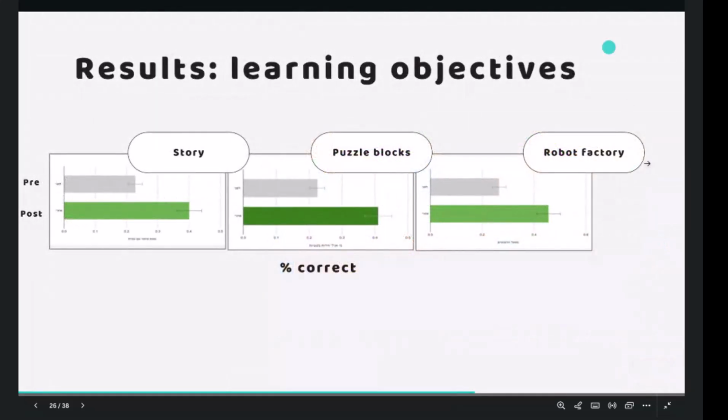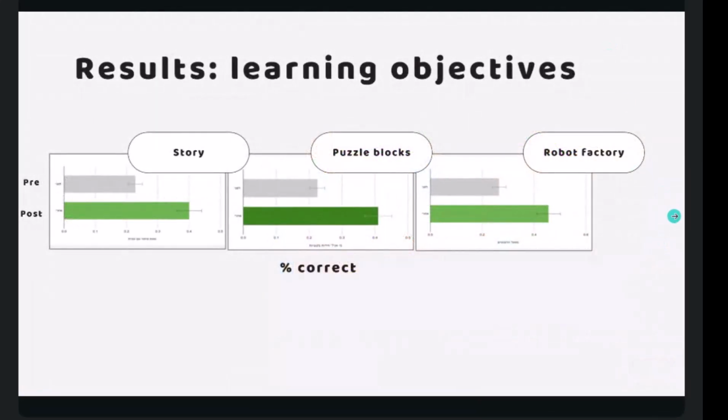Okay, I see that we are running out of time. So I'll share what we saw in the study. First of all, we showed that Amit and the activities were efficient in teaching kids what we were aiming to teach them, so the learning goals. Specifically in the story, these are results from the Arabic-speaking kids, and it was very heartwarming and encouraging to see that their vocabulary in Hebrew grew, and they weren't familiar with the target vocabulary beforehand.